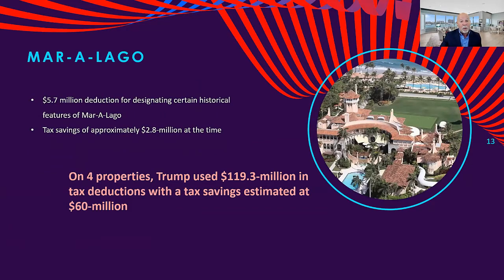And Mar-a-Lago, been in the news a lot lately, but $5.7 million deduction for designating certain historical features at Mar-a-Lago as just that, historical features. That's a conservation easement use. And so he got tax savings of approximately $2.8 million at the time. He did this several years ago when he was not a Florida resident. And so on 4 properties altogether, Trump used $119.3 million in tax deductions. And he saved himself $60 million in taxes using IRS code